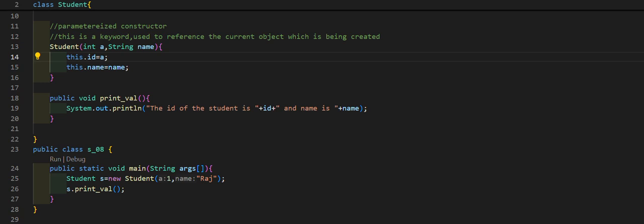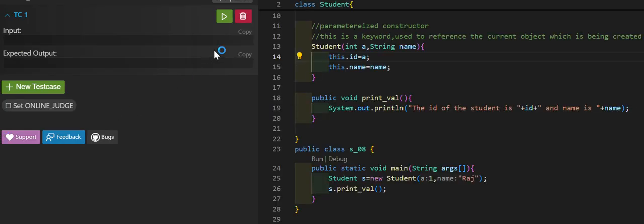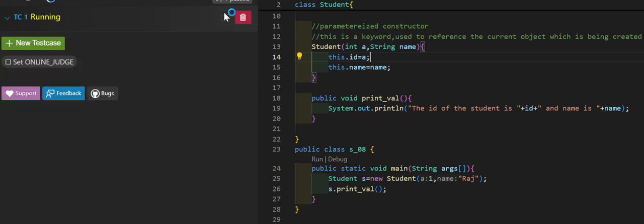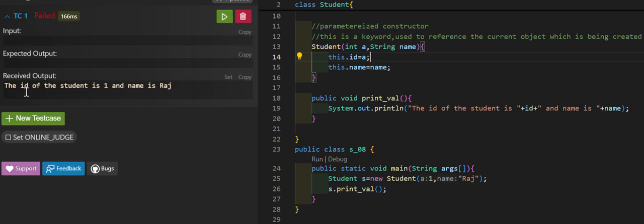So here I will show you the output. I'm calling the member function printVal, which was inside this Student class, from here. So the id of the student is 1 and the name is Raj. So this is properly executed, and that's all for this particular video.